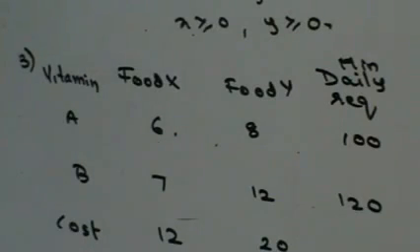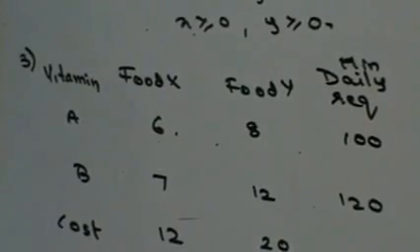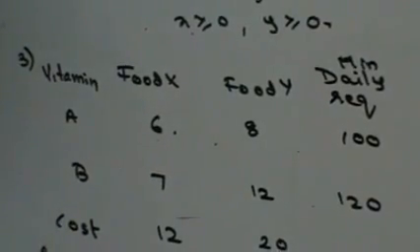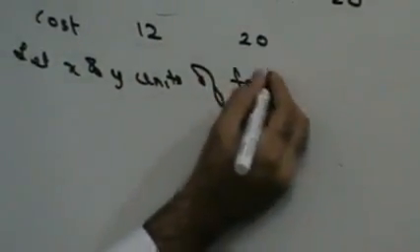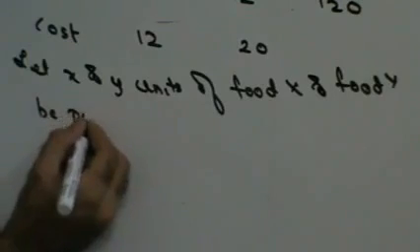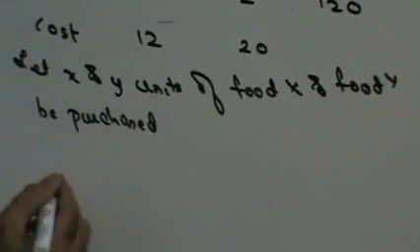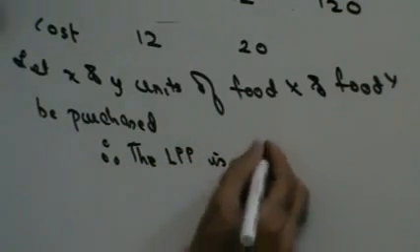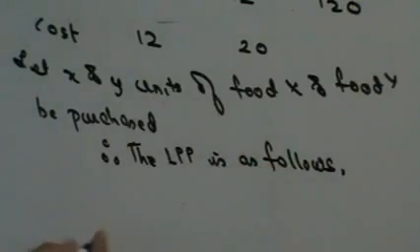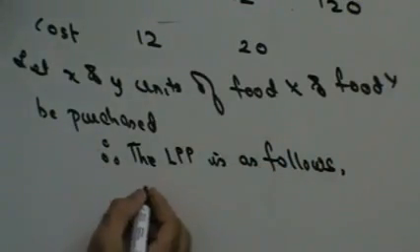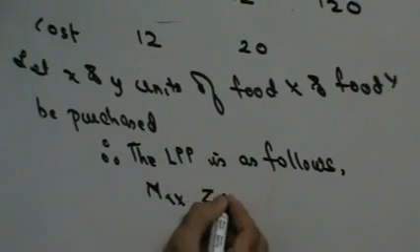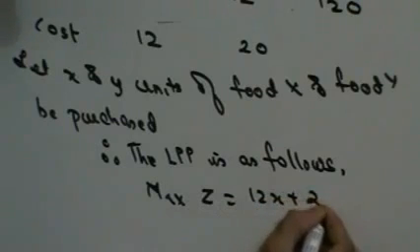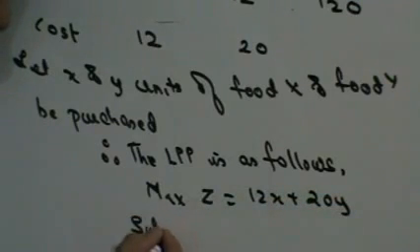Formulate an LPP. You will say, let x and y units of food X and food Y be purchased. Therefore, the LPP is as follows. Maximize Z is equal to 12x plus 20y, subject to